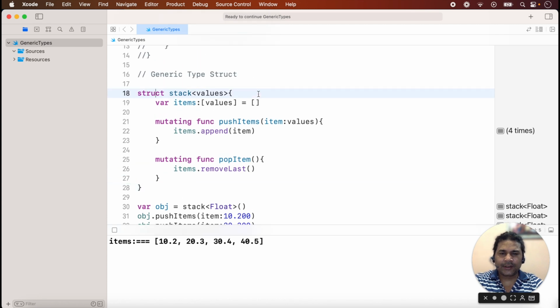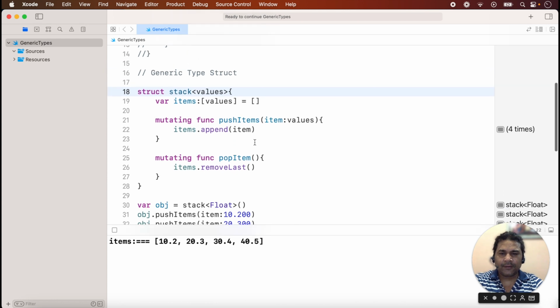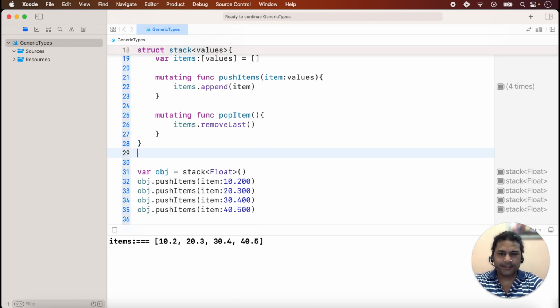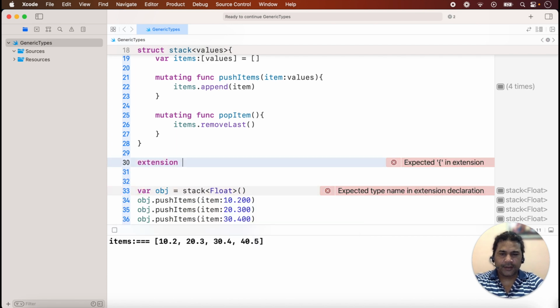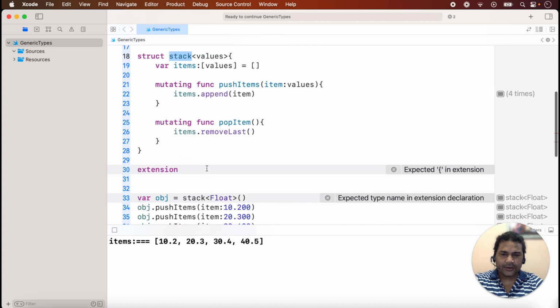So it's a generic struct. We can pass here any type value, so it will work for all data types. So suppose we want to extend the generic type. We just add the extension here like in our class. So extension will be added like this, and here we will take the name of the stack. Suppose here the name is stack, so we will add here stack,